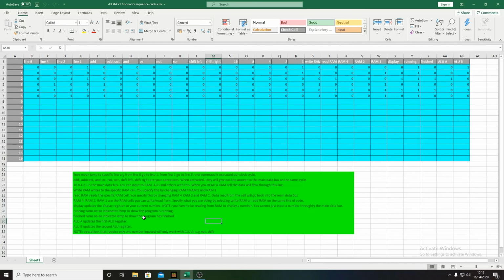Running turns on the indicator lamp. Finish turns on the indicator lamp to show the program and stuff. ALU, A and B. Yeah, ALU A only. Remember that. And then I'm gonna give this exact Excel sheet so you can put in your